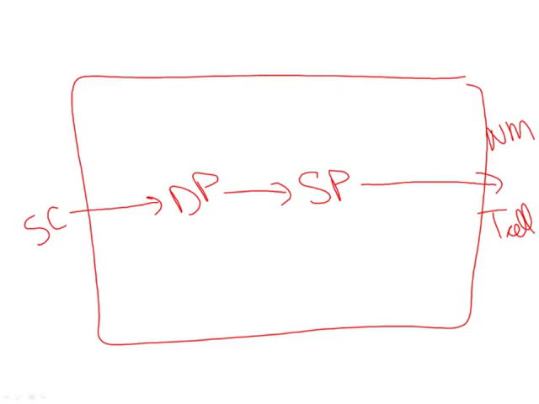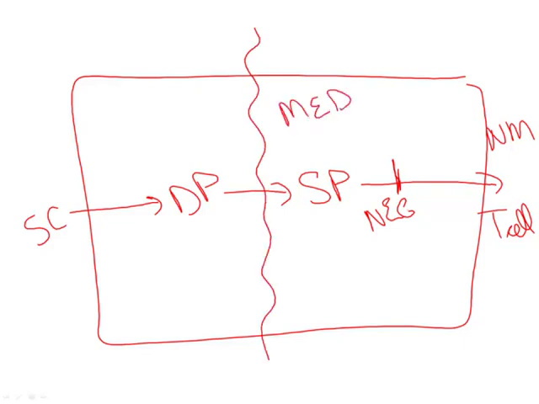Now at this point, as a single positive cell is heading towards the exit of the thymus, it will undergo a process called negative selection. It's important to know that negative selection actually occurs here in the medulla of the thymus, this being the cortex. Now, in order for negative selection to occur, these thymocytes must be exposed to antigen that would normally be present in the periphery, in the body.